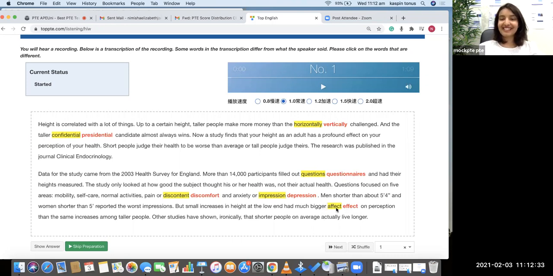Affect is grammatically wrong. So when you read the paragraph, not only listen to the audio, understand the meaning of the paragraph as well. All right, so that's pretty much it for highlighting incorrect words, guys. I believe all of you understood what you're supposed to do here, but the most important thing is practice, practice,